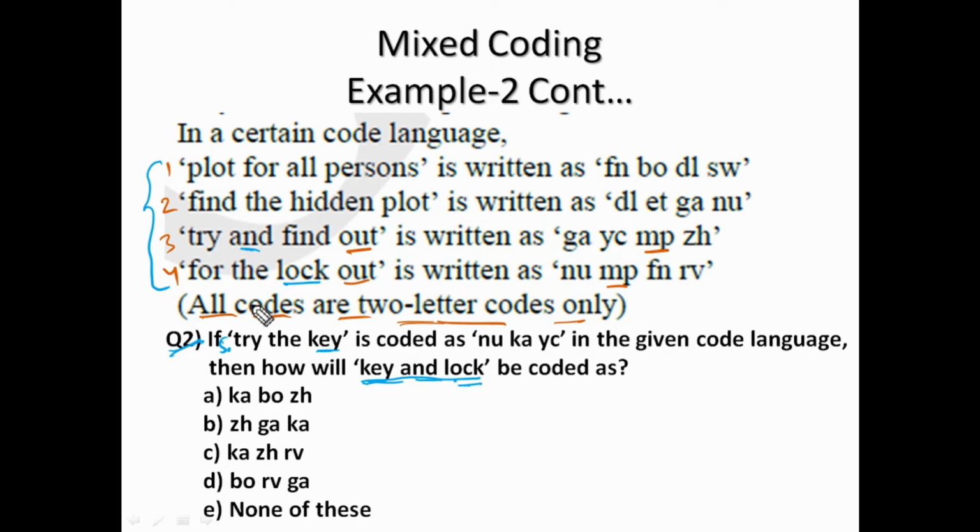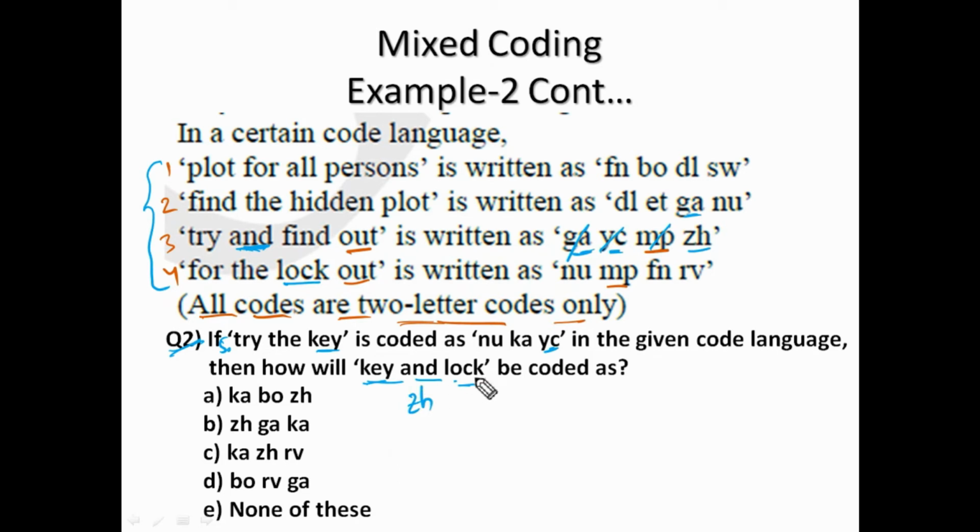If you observe, "lock" is an uncommon word, "and" is an uncommon word, and "key" is also an uncommon word, so use uncommon codes. "And" is there in the third statement only, so find the code which is there in only the third statement. GA is there in the second statement, so it cannot be the code for "and". YC is there in the fifth statement, so it cannot be. MP is there in the last statements, so it cannot be. So ZH is the code for "and".